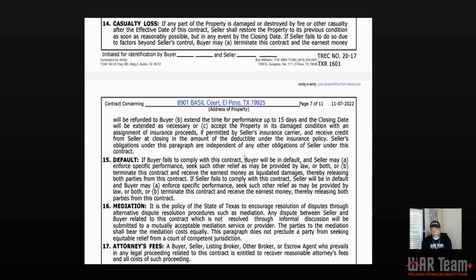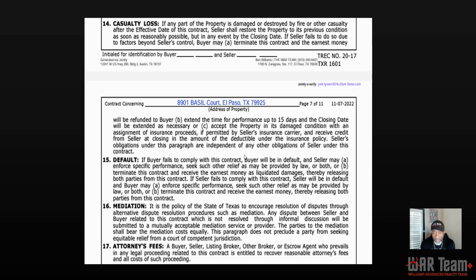It also specifies: if buyer fails to comply with the contract, buyer will be in default, and seller may enforce specific performance, seek such other relief as may be provided by law, or both. All right, can do both. B, terminate the contract and receive earnest money and liquidated damages, thereby releasing both parties from the contract.